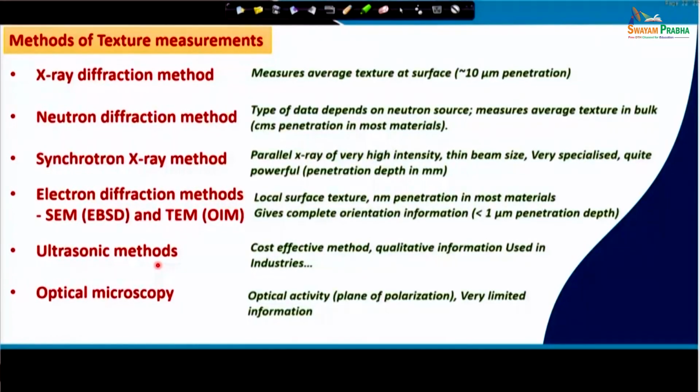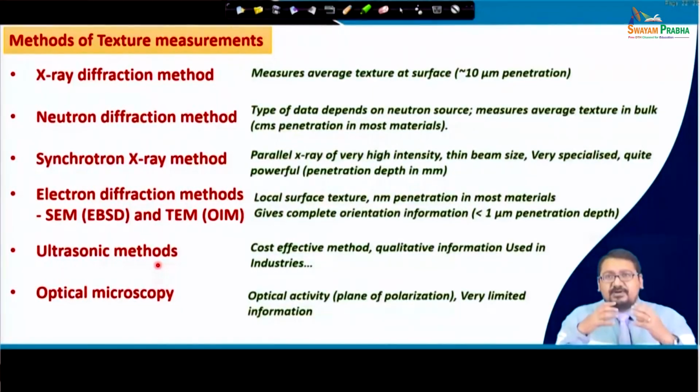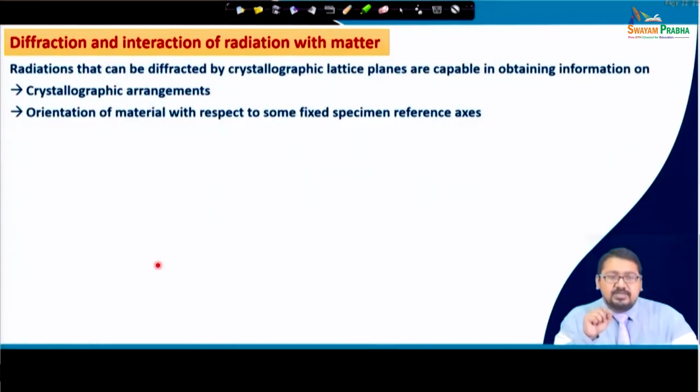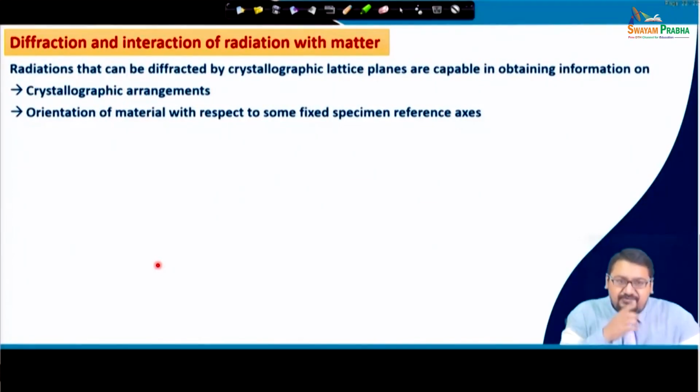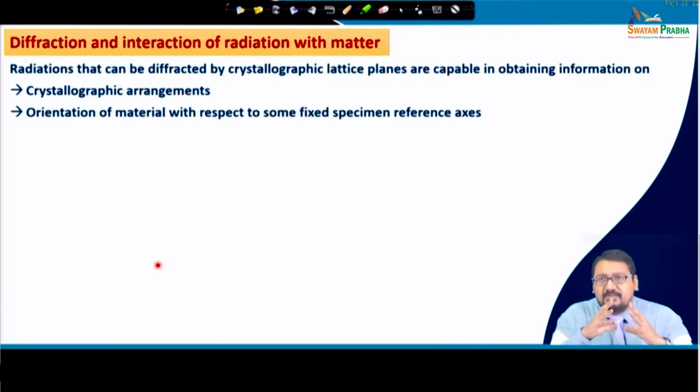But this is very qualitative information and it only gives very limited information about the texture of the material. So, if we look more closely into the diffraction of these radiations, which are electromagnetic radiations, and their interaction